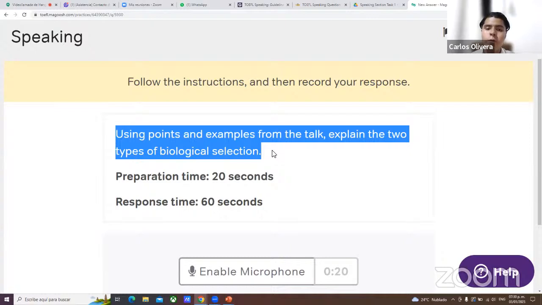The manner to respond to this is always summarizing the entire lecture, okay? You don't have to focus on something particular. It doesn't work that way. I tell you this by experience. Every single time when I took the exam, I always delivered the summary, and that allowed me to have very good qualifications. So it's a matter of, as I say, listening very well, taking your notes, and then delivering a summary in 60 seconds, okay?